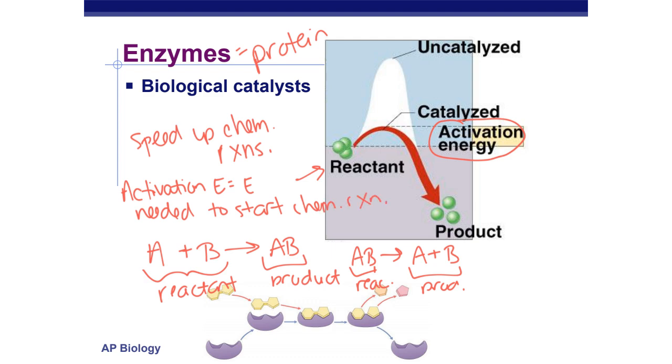And if you notice on this graph, when it's catalyzed, this hill is really tiny, right? So I don't need as much activation energy when the reaction is catalyzed. When it is uncatalyzed, you'll see this hill is very tall, and I need a lot of activation energy to